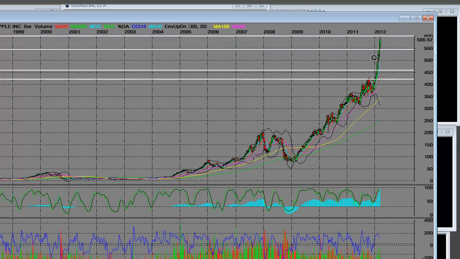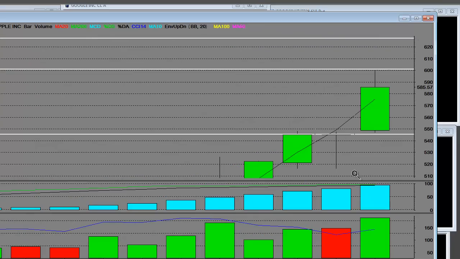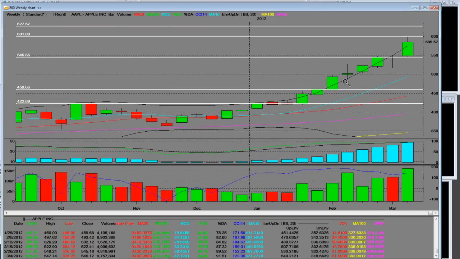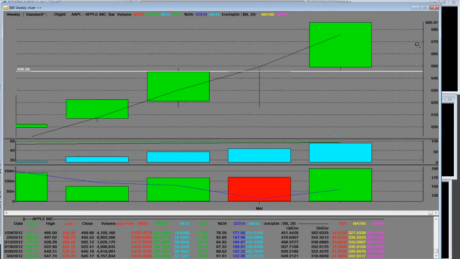Here, let's get the last couple of weeks. Let's zoom in right here on this part of the chart where this move started. You can see this weekly wick and over here where we got down, where we bounced and made these all-time highs right to that 600 handle.